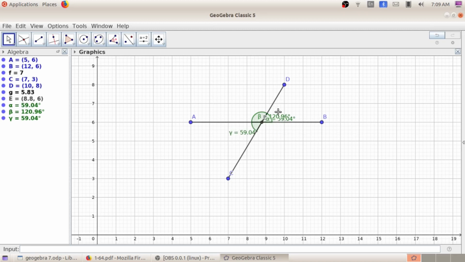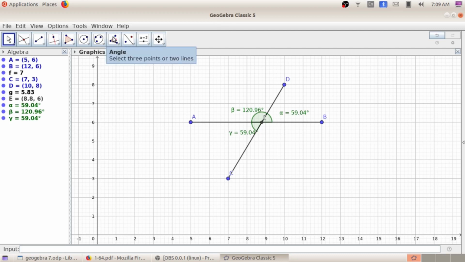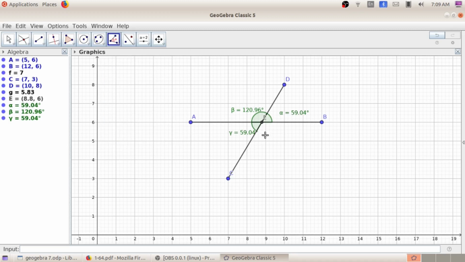This is this one, and you move accordingly. You can use the move tool to move the objects drawn in the GeoGebra window. Now again take the angle tool to find the final angle, this one.